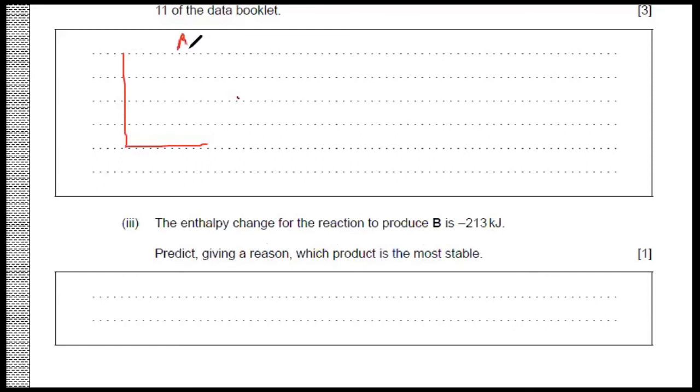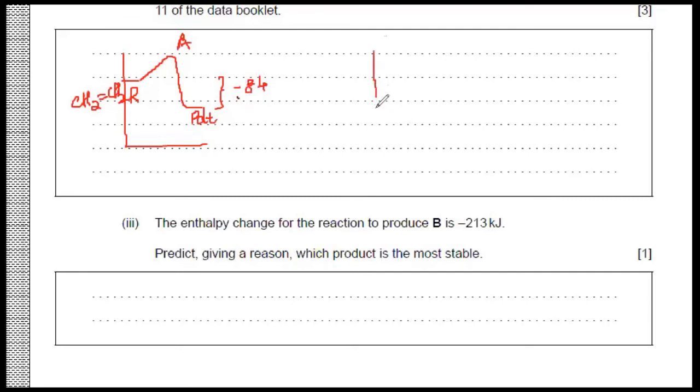So here we have compound A, its energy profile diagram. Let's assume that this is the reactant, which is ethyne. Its energy profile diagram would be, it goes up for activation energy and comes down. And just because 84 kilojoules is released, this gap between the reactants and the products is going to be small. It is minus 84.